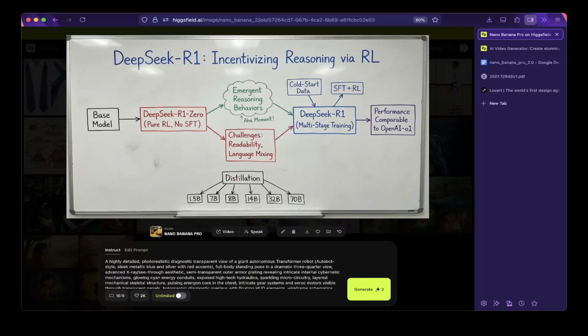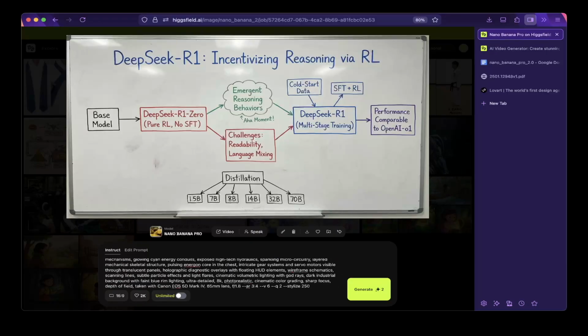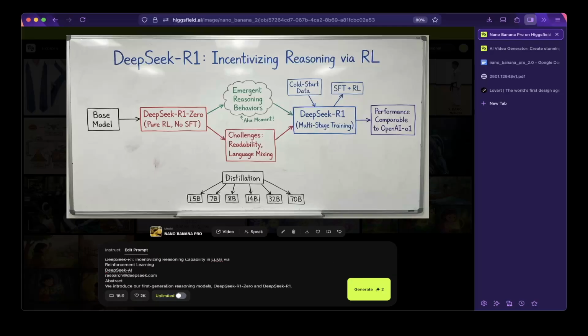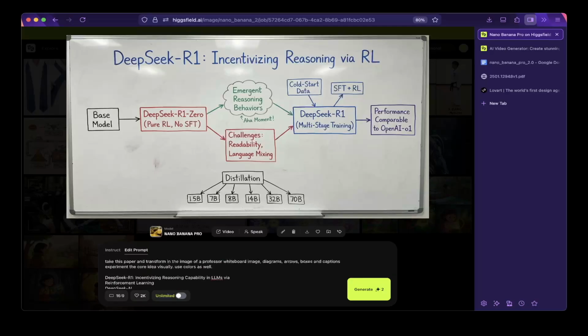For example, this is actually the DeepSeek R1 paper. This came out about probably a year ago. It's a very detailed report on how DeepSeek R1 was constructed. If you enter the prompt to show the paper, for example, this is the paper prompt. It's a very long prompt, and all you have to do is copy and paste the paper and prompt it to take this paper and transform it